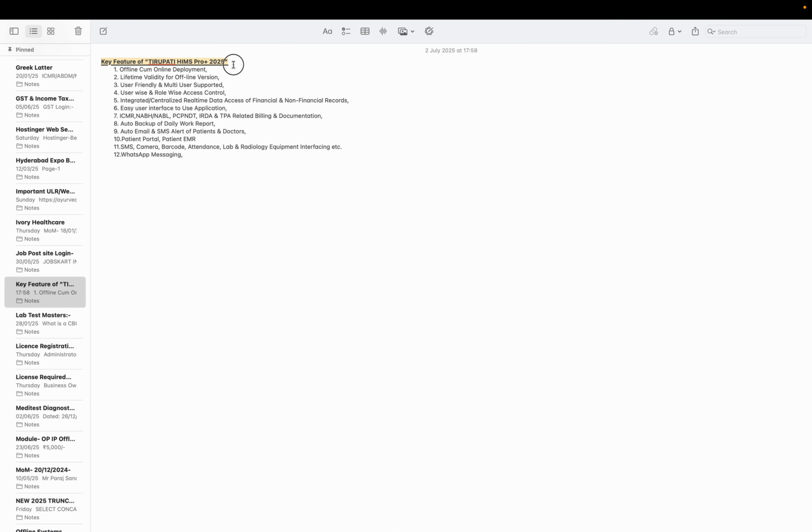The software is a multi-user application, and online and offline deployment facilities are available. The software is user friendly and role-based access control is provided. It has integrated and centralized real-time database access for financial and non-financial records for the respective hospital administrator, as well as